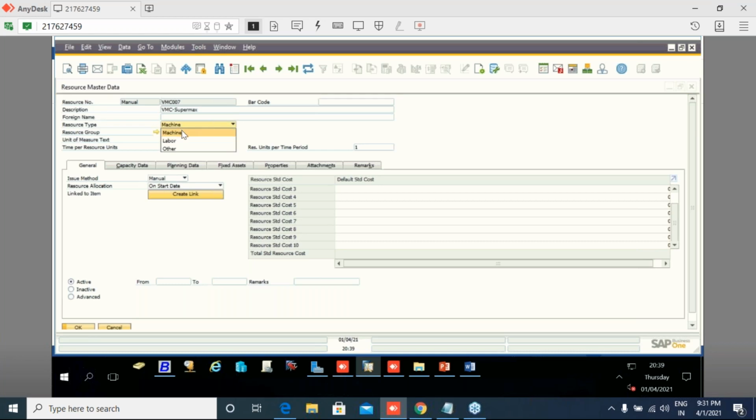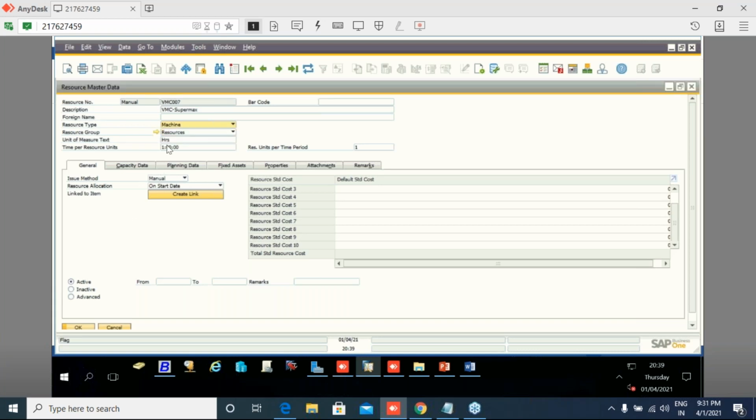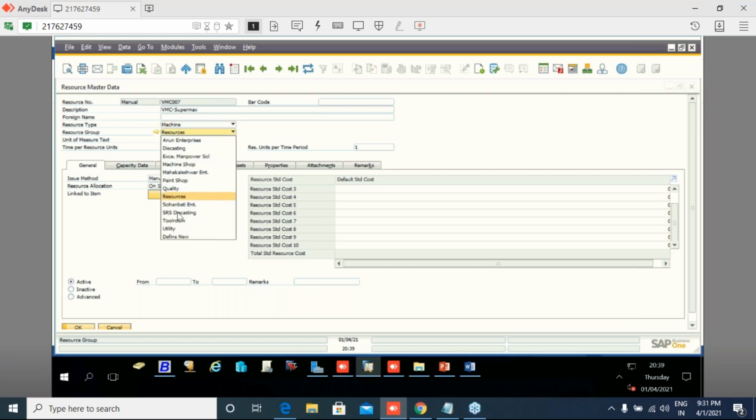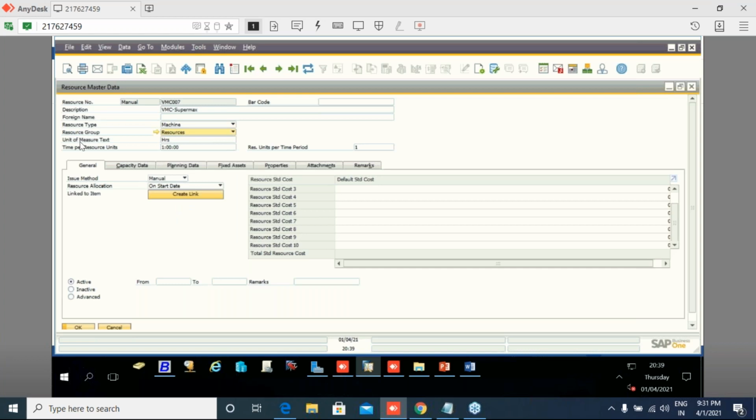Resource type can be machine, labor or other. After that you have to choose the resource group which we have created. And in resource master data you have to define the unit of measure, basically in hours.